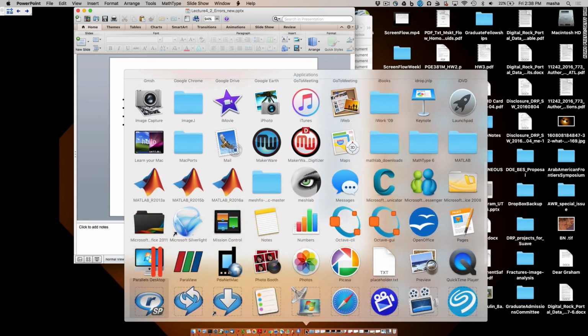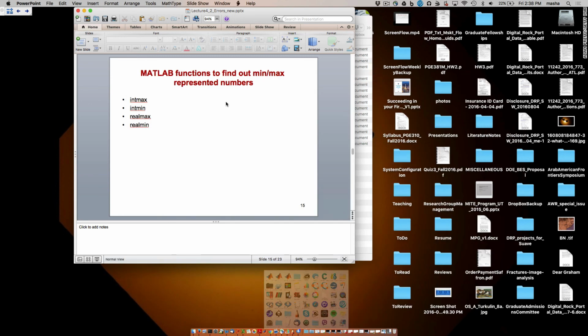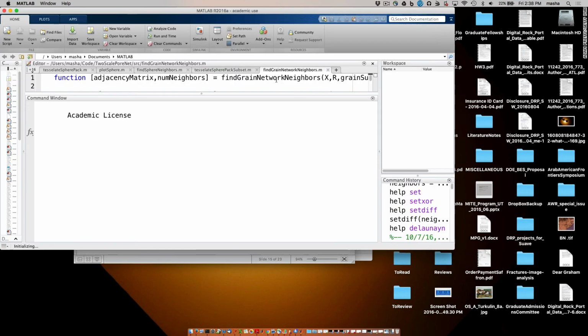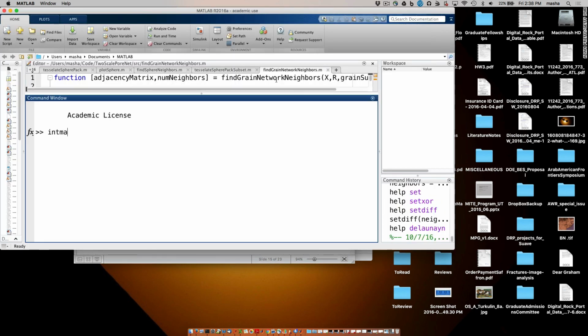What exactly does intmax compute? Like, what's the actual formula it's doing? Precisely this. You just have to give it what size of an integer you're thinking. So intmax of an integer with 8 bits, you can do help on it to see this, but this is how you would use it,